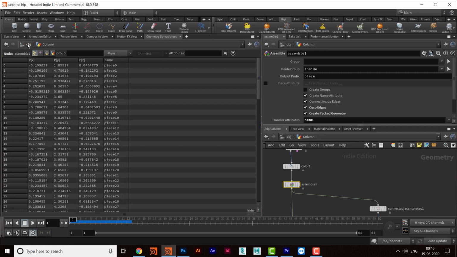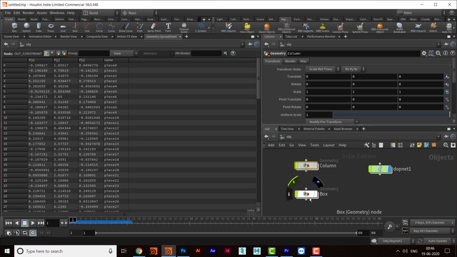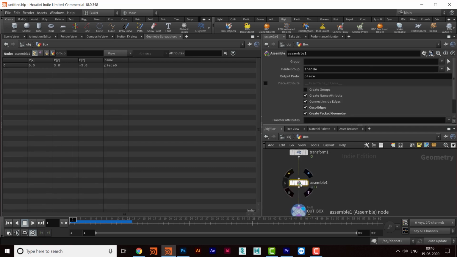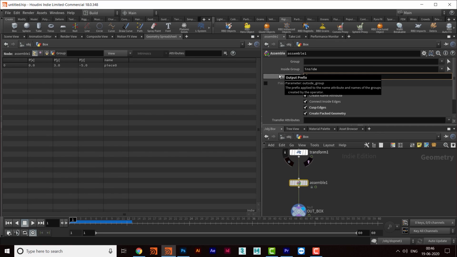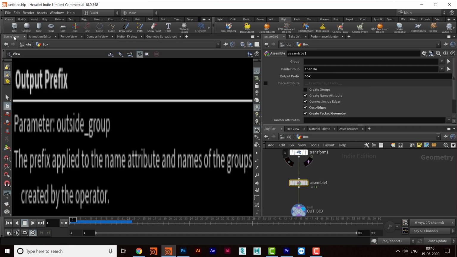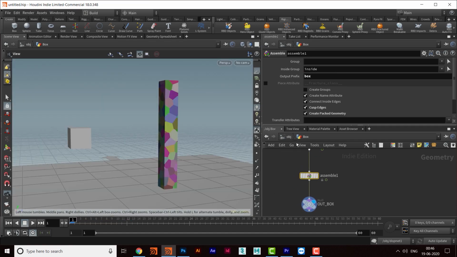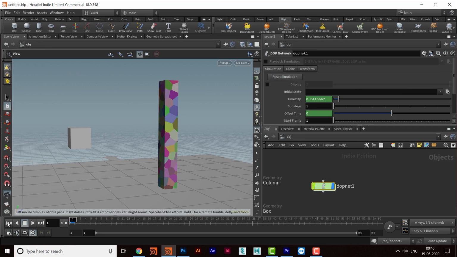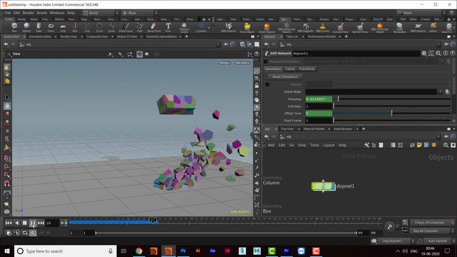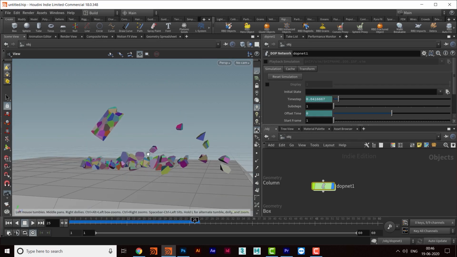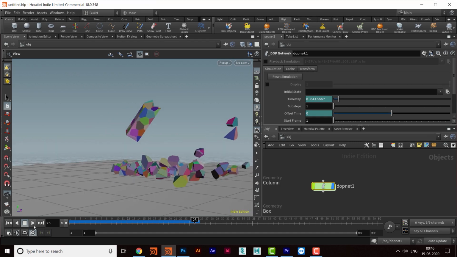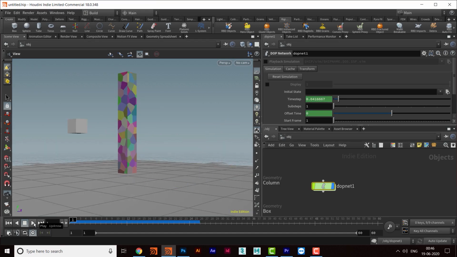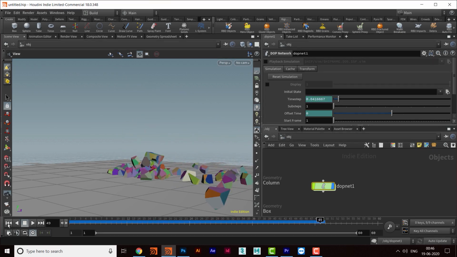So what I will do, I will go and change the name of that in the box. Okay, so I will go to assemble and change the name to box. Okay, or anything, but it must be different. I think this could be a reason. Just play it again and let's see. Okay, yep. Okay, and play and bingo. Fine. So now this thing is, I think, working fine. Yeah, this is fine.